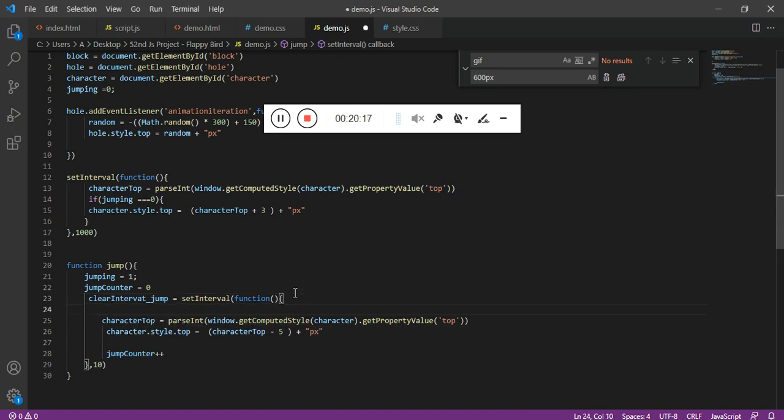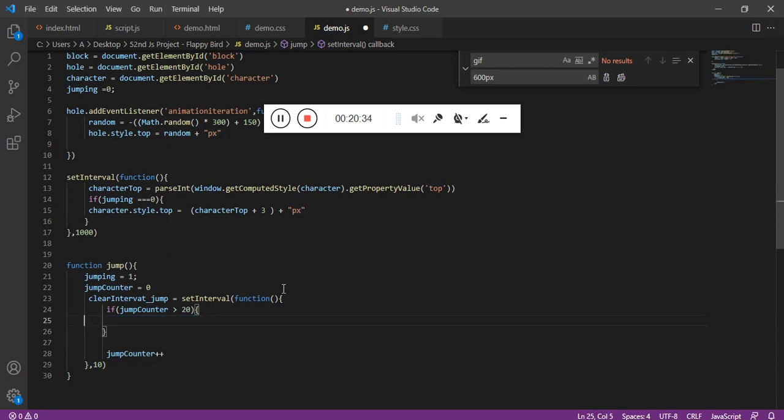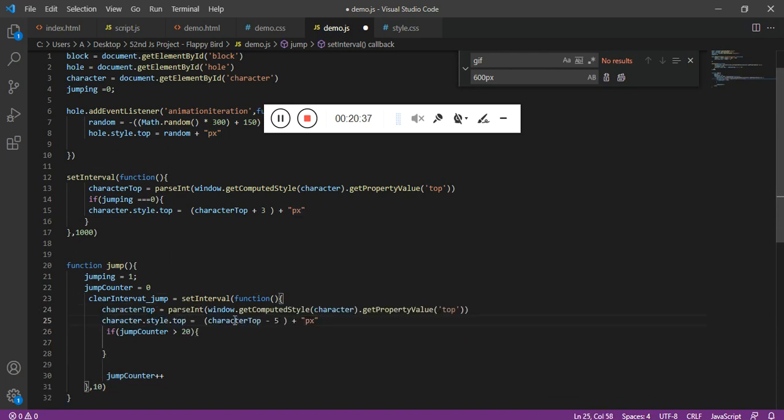So to stop it, if the set interval counter is greater than 20, then we have to stop it. To stop, we have to use the clearInterval function, and we have to reset the values, jumping equal to 0 and the counter equal to 0.